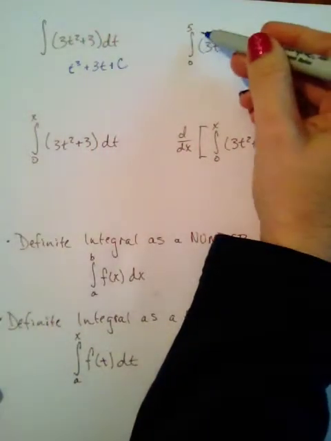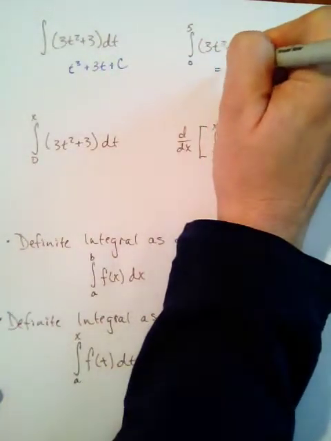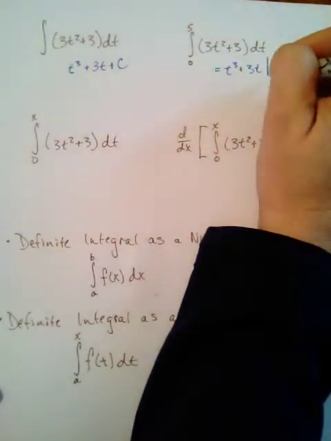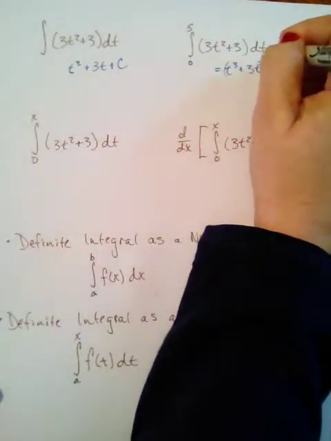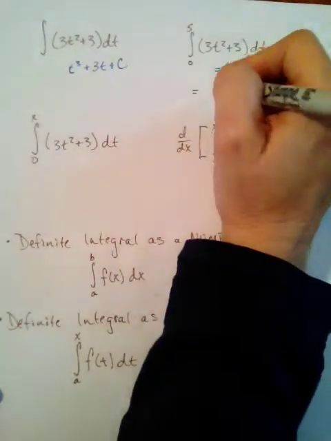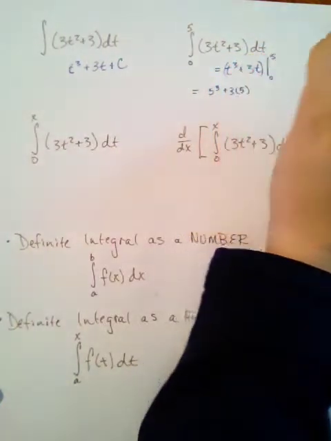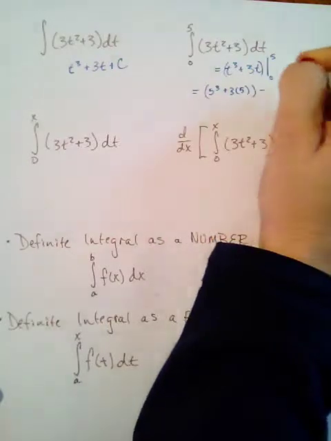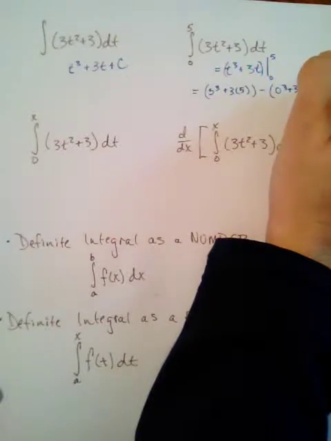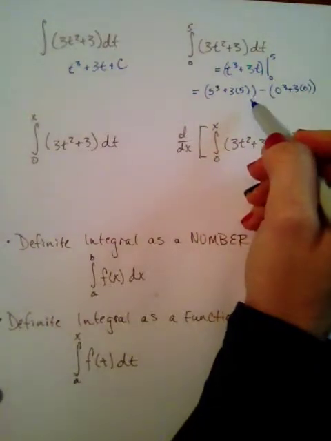If you get asked to do a definite integral, you would use the antiderivative to get the definite integral, so we would know that this is equal to t cubed plus 3t. We don't need the plus c, and we were integrating from 0 to 5. So when you do this, you take the upper limit of integration and evaluate the function there, so 5 cubed plus 3 times 5. And then you would subtract when you plug in the 0, evaluate at 0, so 0 cubed plus 3 times 0. This would give you 125 plus 15, and then this is just 0,